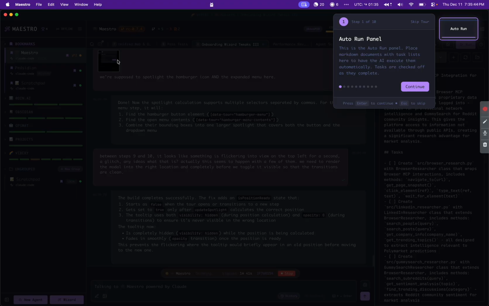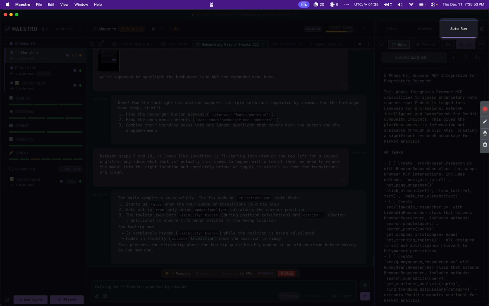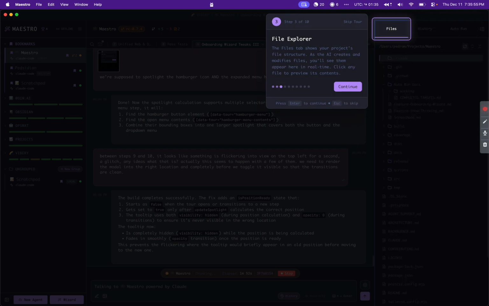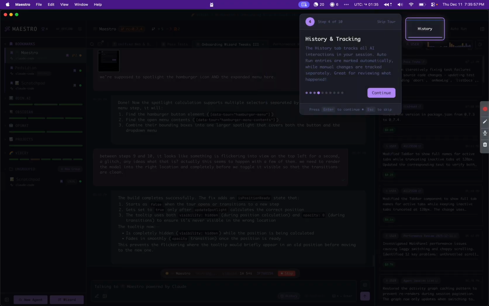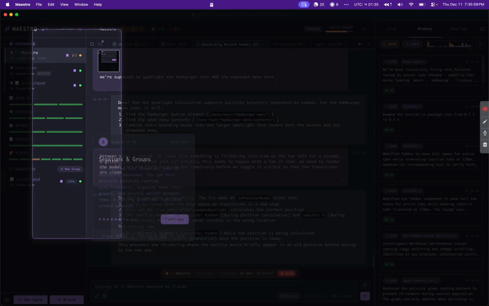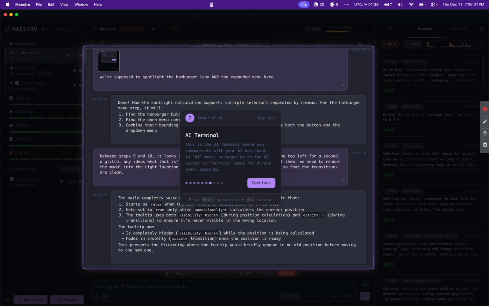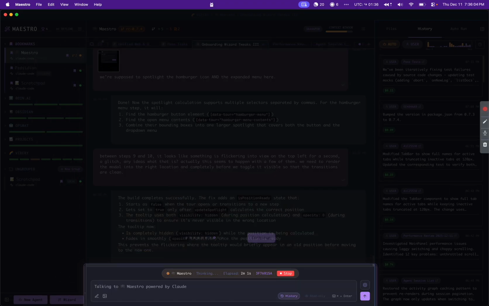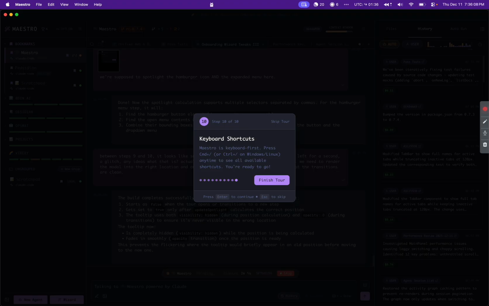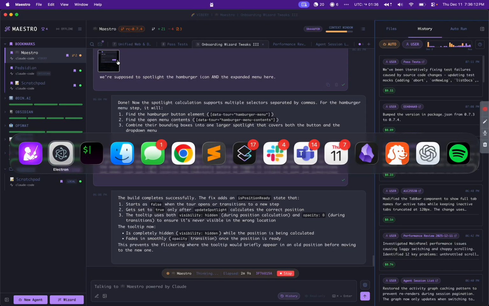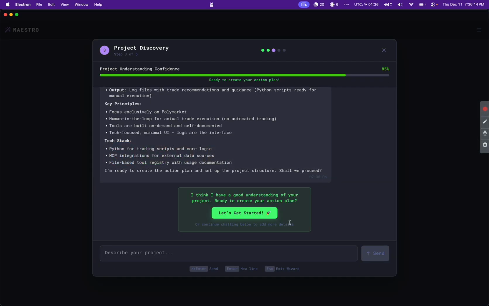So it'll start with the auto run panel, because again, that's the goal. And when you hit this from the wizard, it actually points at the actively running auto run. Your document selector, your file and history tabs. It'll walk you from the hamburger menu to the agent panel and the main terminal and input areas and all this. And it will end with a handoff to keyboard shortcuts, because we really want to push keyboard shortcut usage on this platform. All right, it's got enough information.